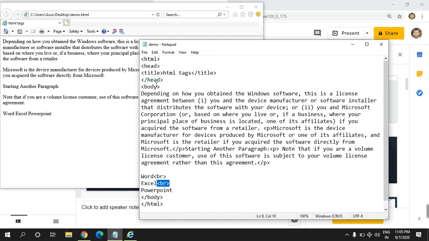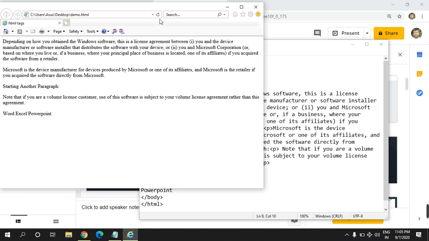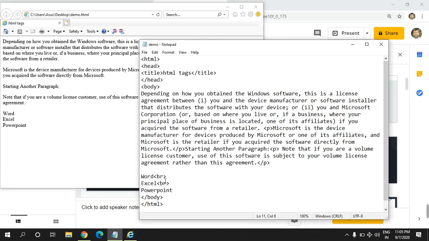Now we go here and refresh, and we can see Word, Excel and PowerPoint are on different lines because we have put the BR after the Word and Excel.